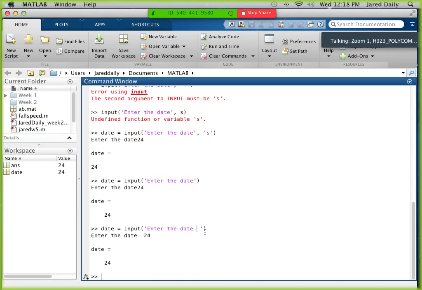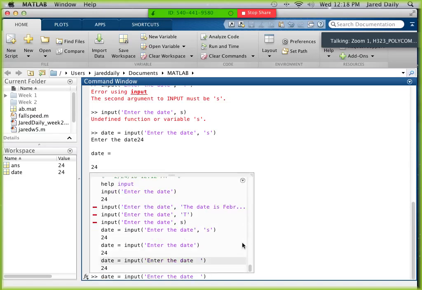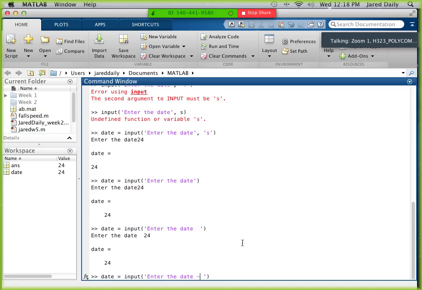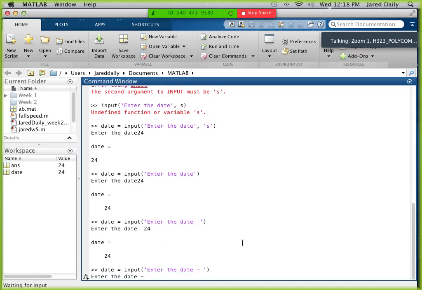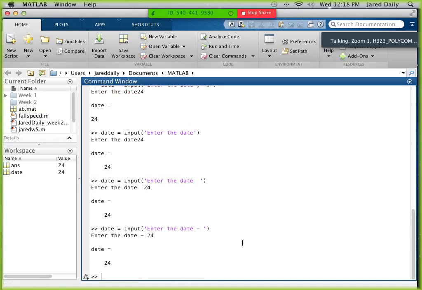You can also put in different things, like I could put in a dash in there. Enter the date - 24. And it's just kind of up to you how you want to do this, how you want to make this work out. The point being that you want it to look nice on the screen, so you're entering the date 24, comes out as